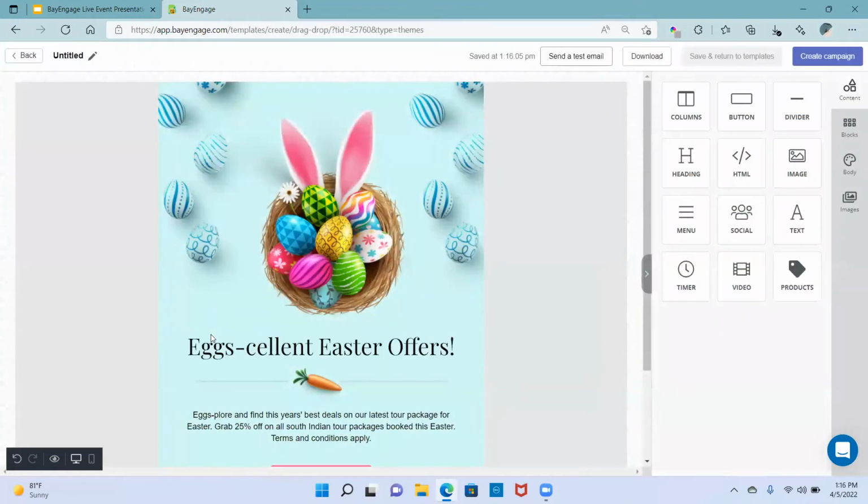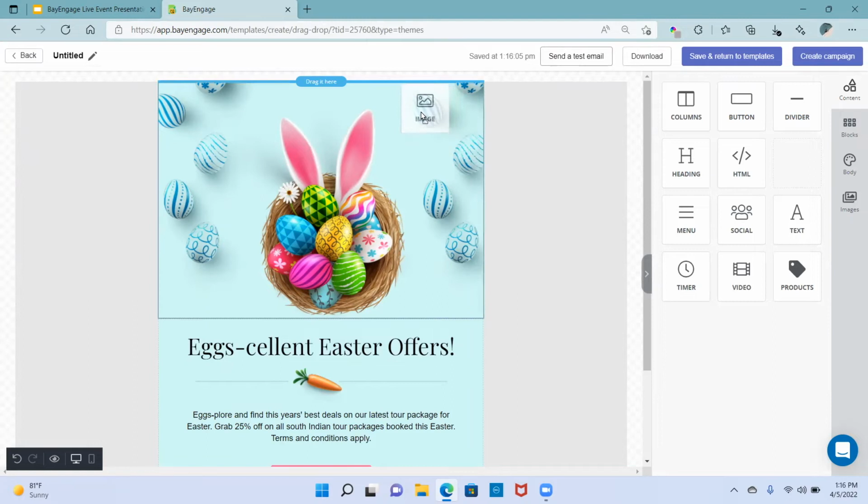And this is what will pop up for you. So as previously discussed, we have our columns for use. We have different buttons, dividers. So let's say, for example, you wanted to insert a logo in there. So this would be our image widget right here. Super simple, drag and drop. It's going to highlight in blue where it says drag it here. Once you've